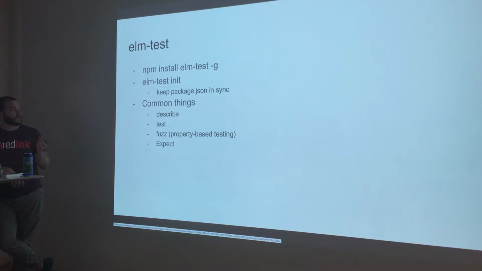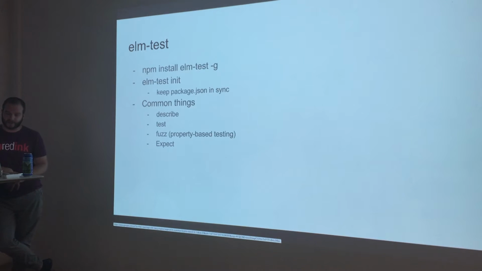You have to install Elm test via npm, and then you just have a binary which you can call, Elm test init, in the project you're working on, and it will generate a structure of the project for testing,